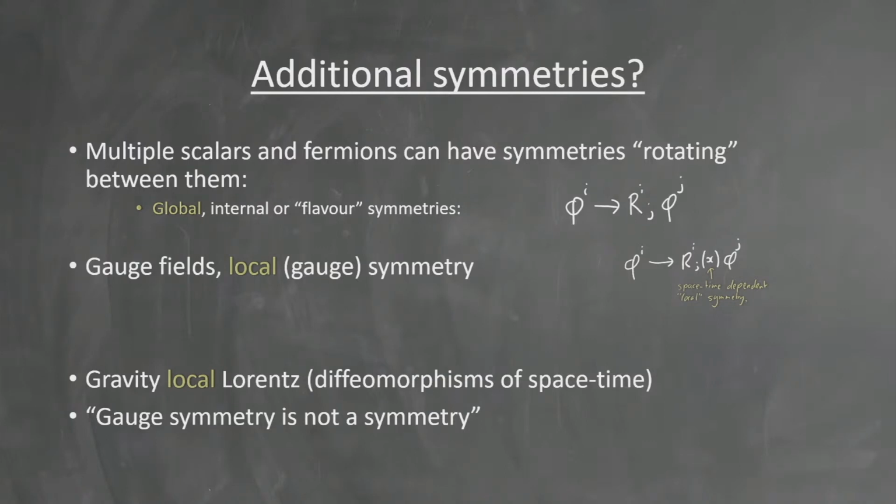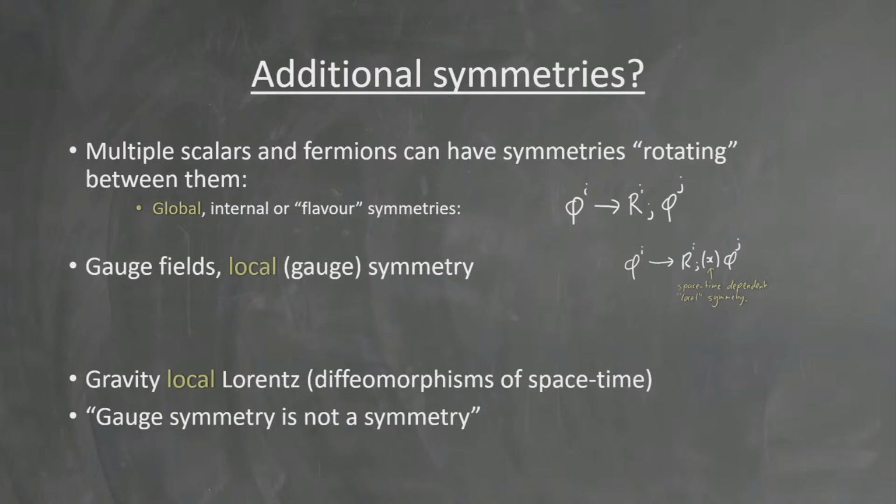So these are symmetries like that, but they depend on space-time. So I indicate that with an X here. Okay, and this is called a local gauge symmetry, and spin 1 particles are inherently connected with this. So your gauge bosons of force are inherently connected with a local gauge symmetry. And similarly, gravity can be thought of as having a local Lorentz symmetry, which essentially just becomes your diffeomorphisms or the coordinate independence